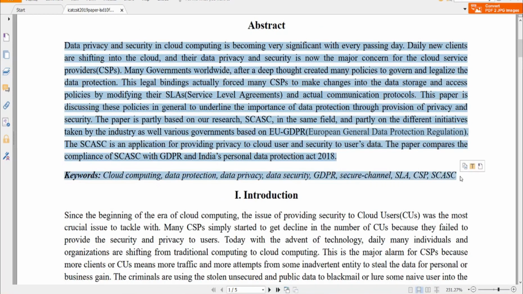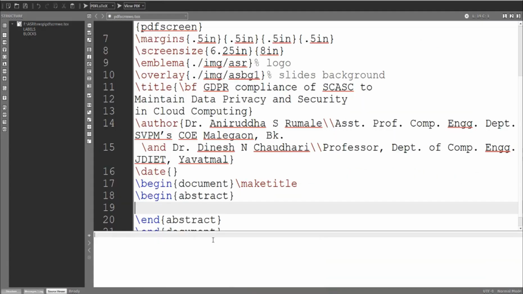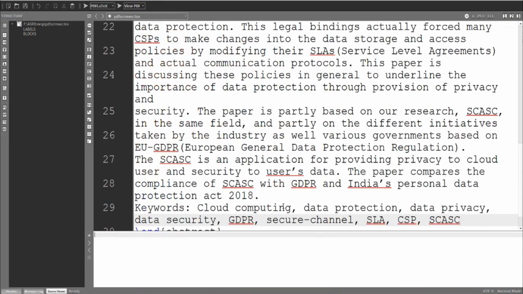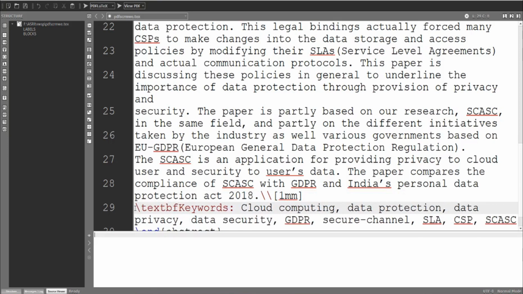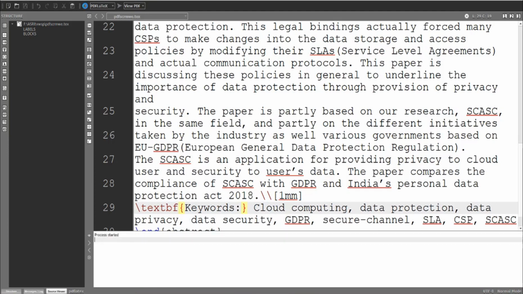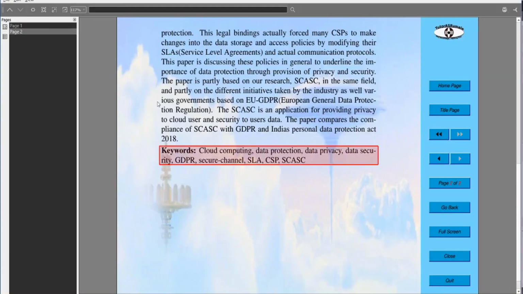So I added this abstract and keywords, Control C, and here in this abstract I say Control V. For the keywords I'm adding here the new line character with a certain space of 1 millimeter, and for these keywords I'm using the text BF, boldface. So now when I save this and compile this twice using PDF Latex,